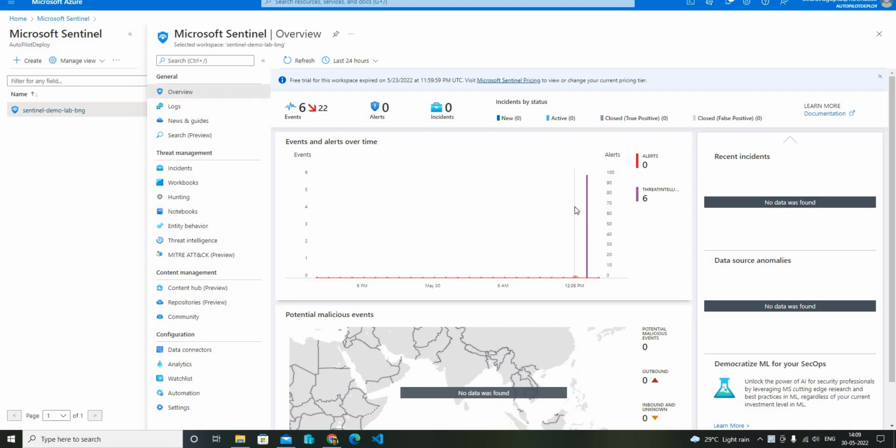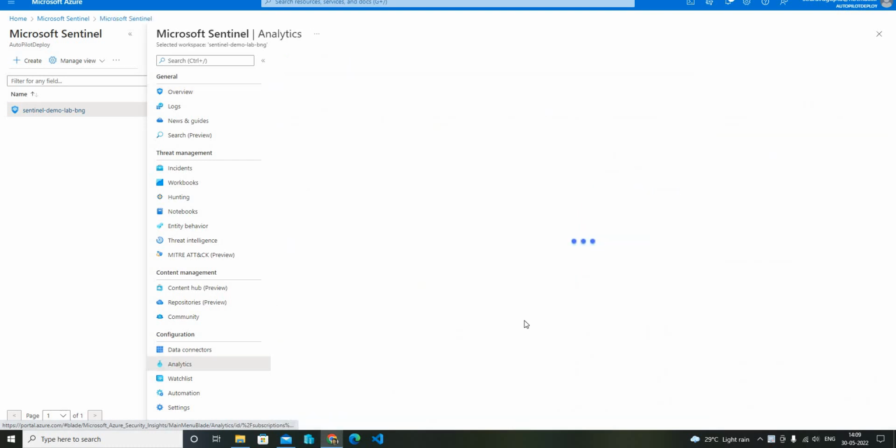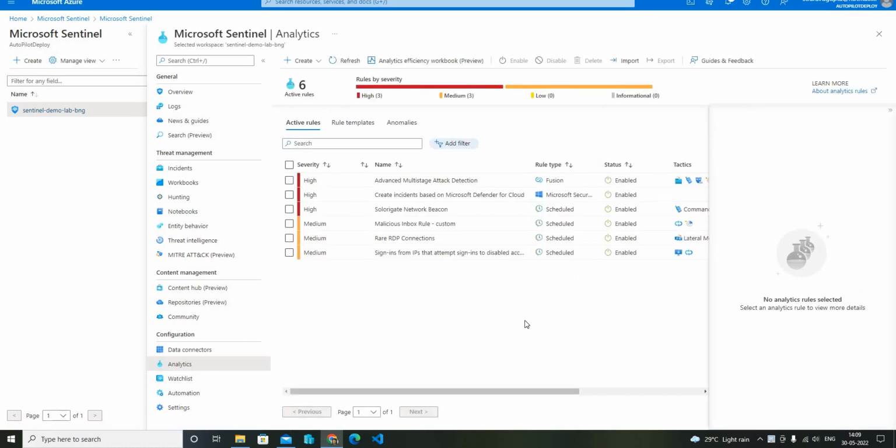So I am going to continue my Microsoft Sentinel journey. I have already logged into my Microsoft Sentinel page, and from the main page I am going to select the Analytics blade, and in the Analytics blade I have already created one rare RDP connection in my previous video. This is one of the analytics rules, and in today's video I am going to create a Microsoft incident creation rule. So go ahead and click on create, and from the down arrow you have to select the Microsoft incident